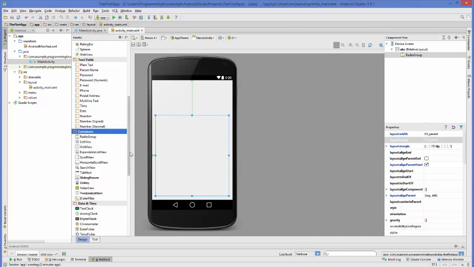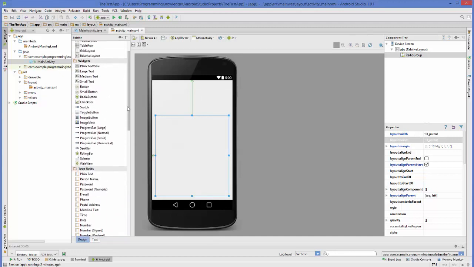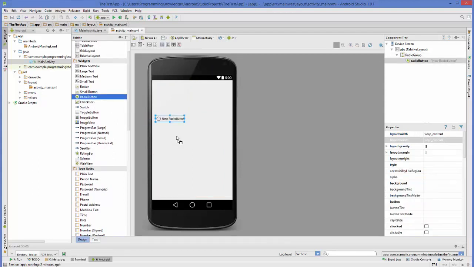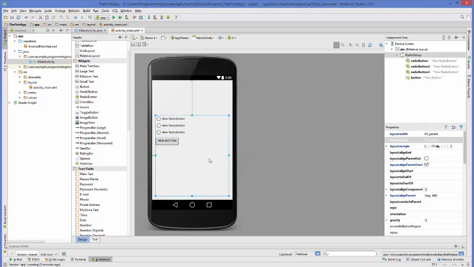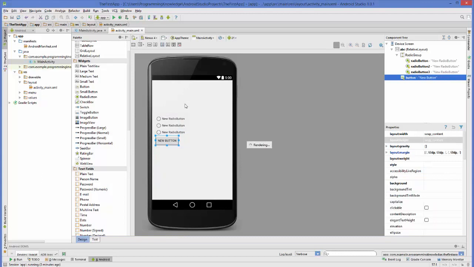Okay, now I'm going to go to my palette and take some radio buttons here. 1, 2 and 3 radio buttons for 3 animals, and I will take a button, and I will put this button outside